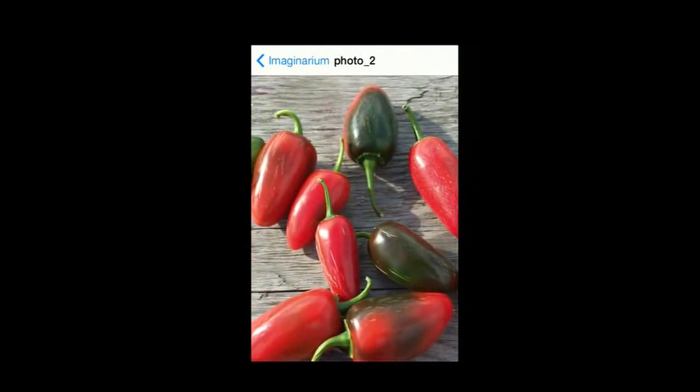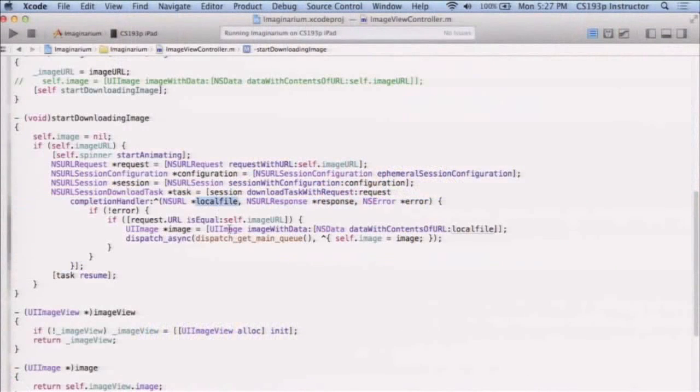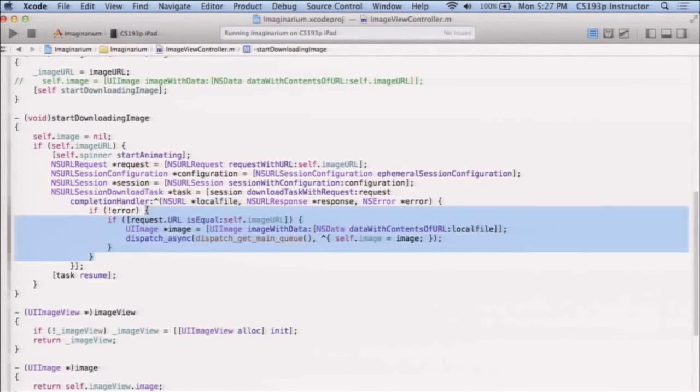Okay? Question? What's the lifetime of the local file after it's downloaded? Great question. So the question is, what is the lifetime of this URL? In my completion handler right here, what is the lifetime of this local file? And the answer is only for the lifetime of this block. Okay, so as soon as this block stops executing, that file will be deleted. So if you want to keep it, you've got to